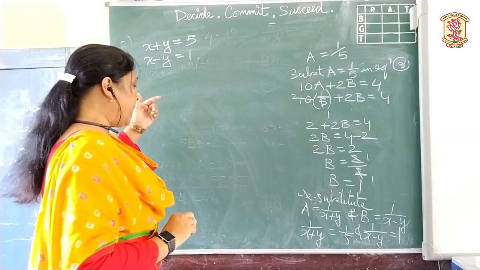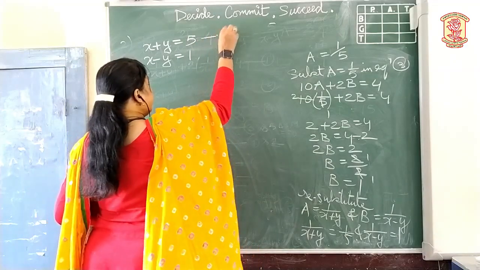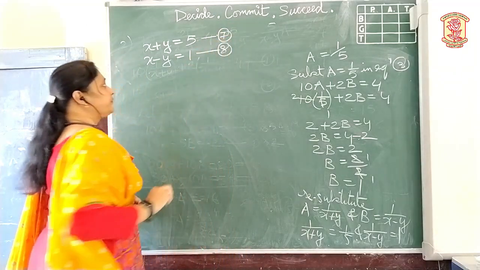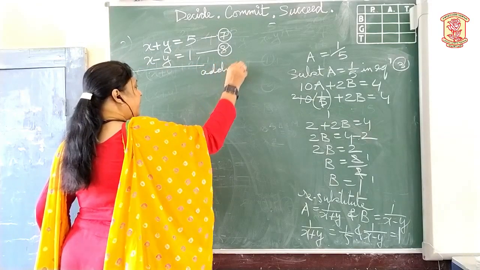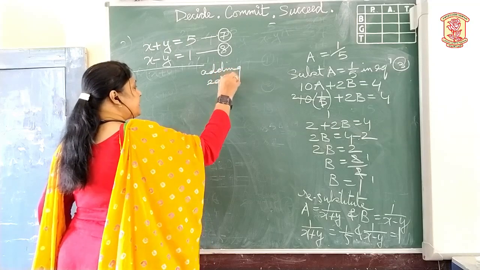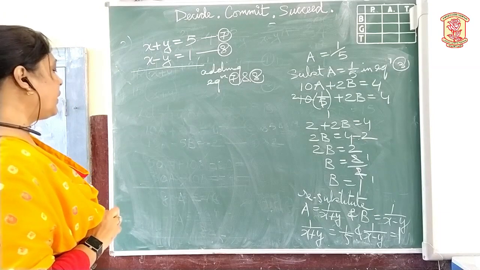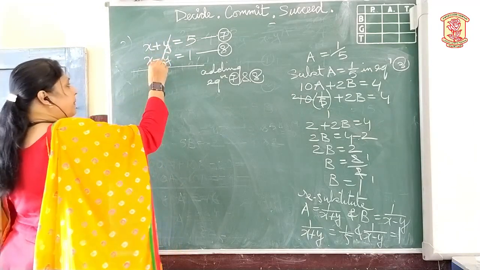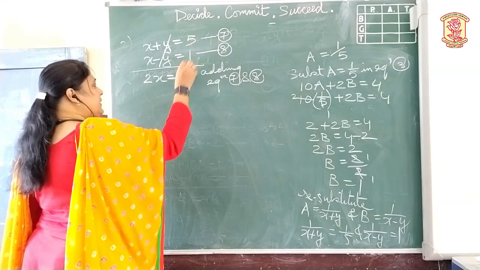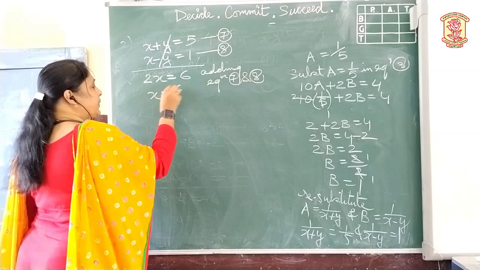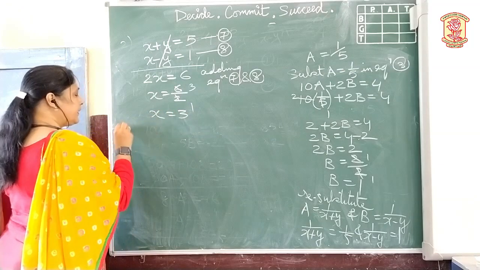So I think that we had named them as 5th and 6th, so this is going to be the 7th and the 8th one. Now adding these two, that is adding equations 7 and 8, what we get here by adding: plus y minus y cancels. 1x plus 1x, that is 2x equals 5 plus 1 is 6. So the value of x will be 6 upon 2. 2 ones are 2, 2 threes are 6. So the value of x is 3.